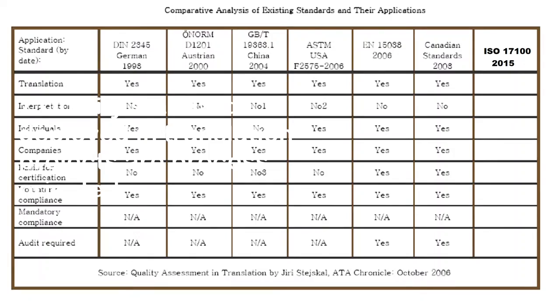The most popular among translators, especially because of the American Translators Association playing a key role in regulating translation activities in North America, is the ASTM standard, called ASTM 2575 USA, which was developed in 2006. Parallelly, Europe also developed its own standard called EN 15038 in 2006. When the European Union did, when the Chinese did, when America did, why should Canada be lagging behind? So Canadian standards came into the picture in 2008, which incorporated some major positive things from the European Union standard EN 15038. But as you could imagine from these names, they are more for one country or another, and it was not an internationally recognized one.